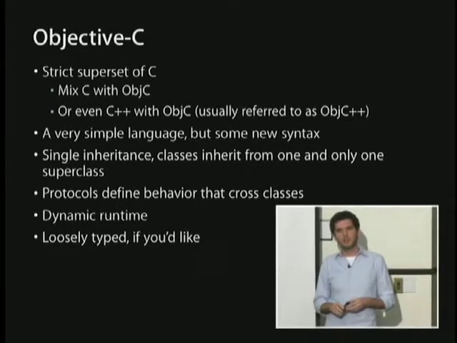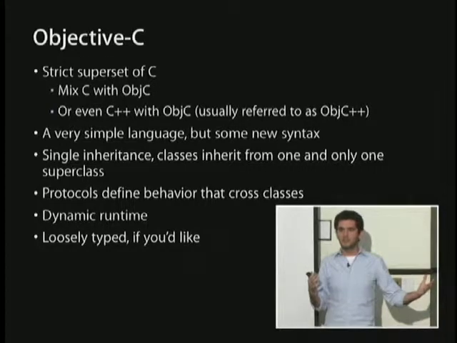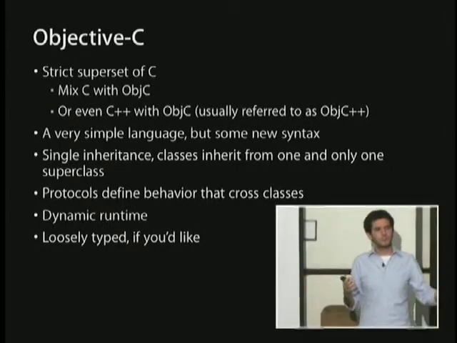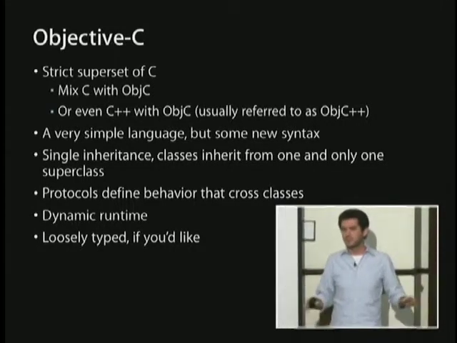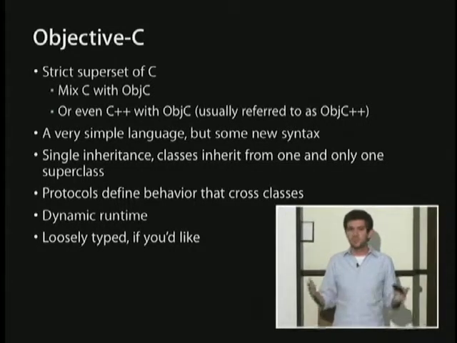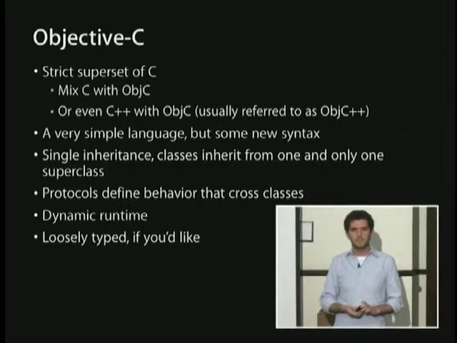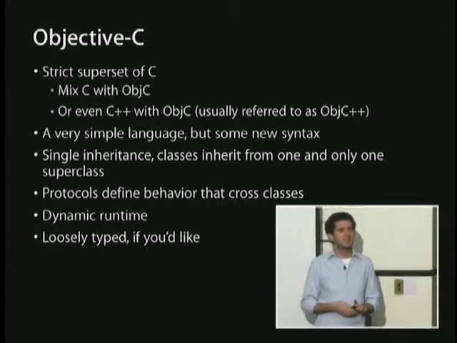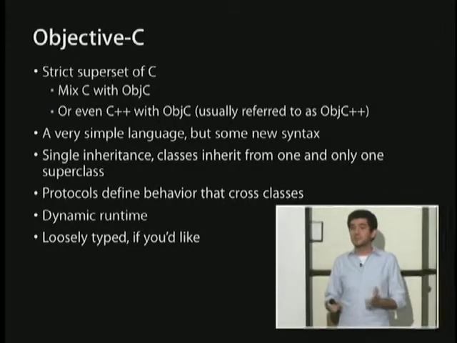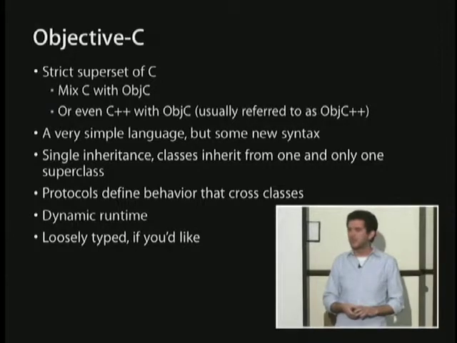Objective-C has a dynamic runtime, so it's quite a bit more dynamic than C++. Basically, all method dispatch is done lazily. There's no compile time binding of methods. So when you go to send a message to an object, the code that's going to run as a result of that message isn't determined until the message is actually sent at runtime. The compiler doesn't get to make the decision about what code is going to run as a result of any message send, which sounds a little bit interesting and maybe odd at first, and seems like maybe it's not highly efficient, but the dispatch is actually super optimized. It's really fast, and it lets you do a lot of really cool things.